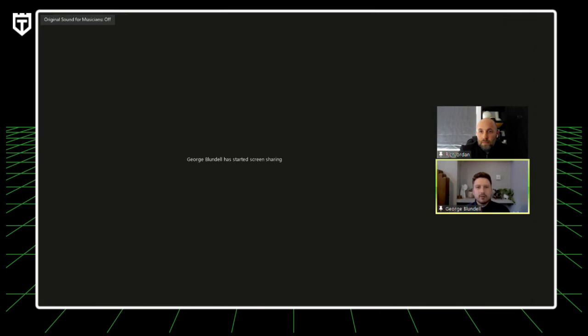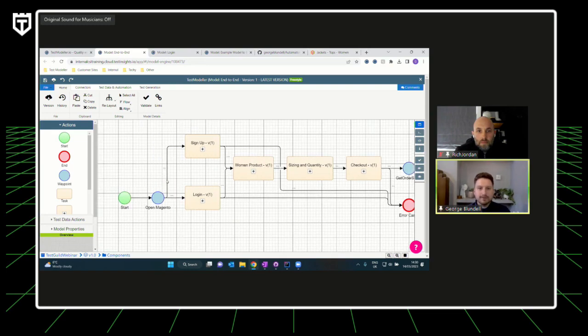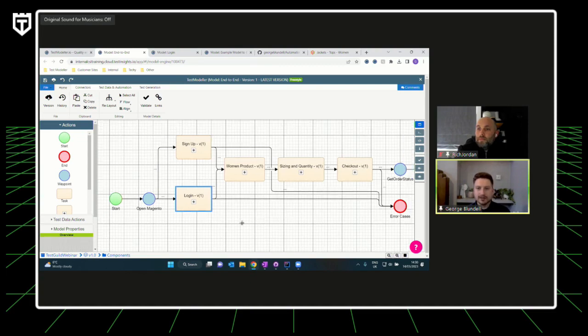So what we'll be looking at in this example is essentially an e-commerce store. So we're all pretty familiar with what an e-commerce store can do and the different components throughout it, right? As we go through, for example, on our model canvas, we have things like opening the web page. We've got sign up, we've got login components.